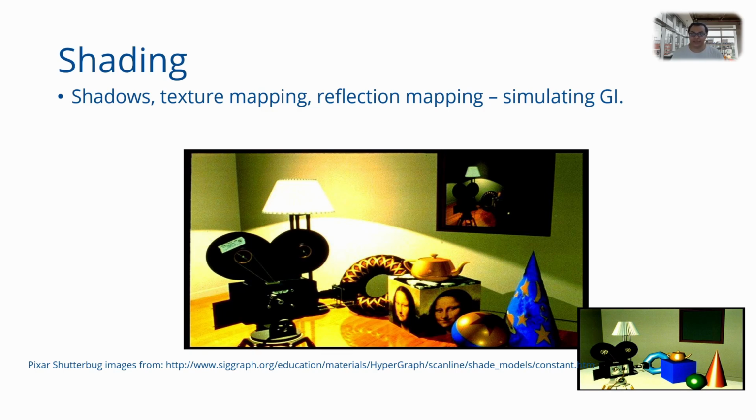Especially in the rasterization graphics pipeline, you have to go outside of your standard rendering methods to do this, because the way in which shading is implemented in a rasterizing pipeline, it is not amenable for computing global illumination. So we will see in the next section of lectures on texture mapping how textures can be used to get shadows, or how textures can be used to get reflections and so on, that give you some notion of global illumination in your scene.